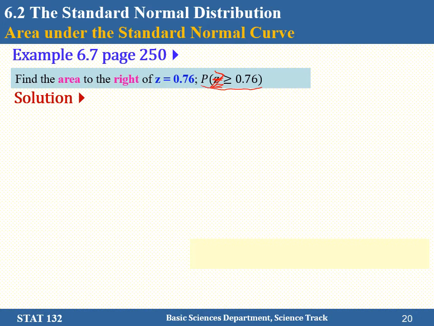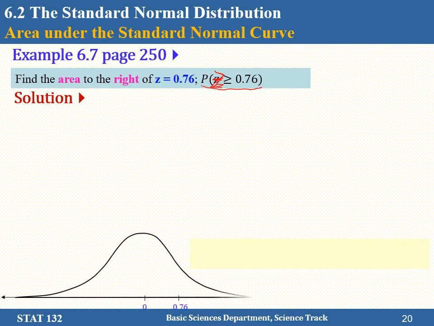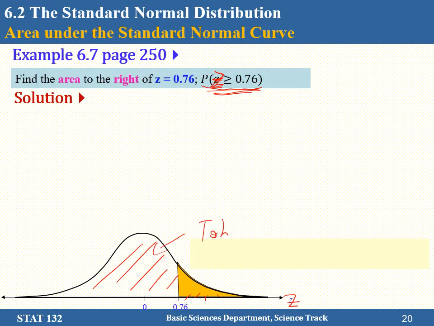It's asking for the right part, because Z is bigger than 0.76, which makes this part here. But our table gives this part here, the left part. So what you have to do is